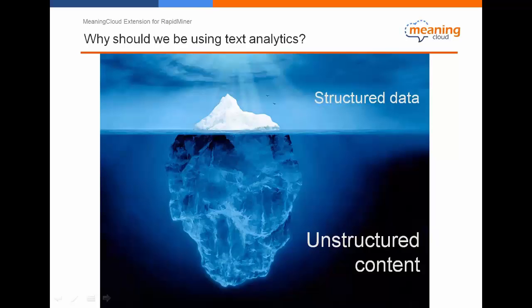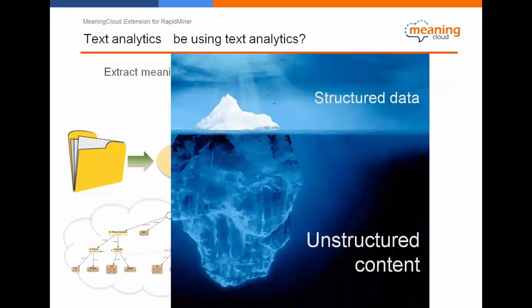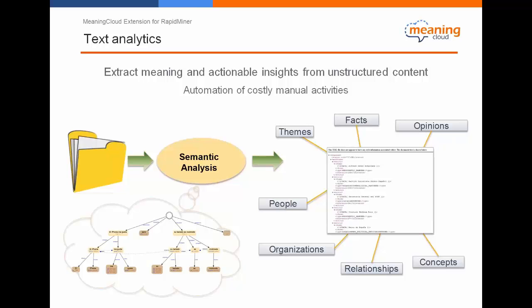Some analysts say that only 20% of useful data is structured, stored in databases, for example, which leaves the remaining 80% of information in unstructured format. And also unstructured is growing more rapidly, meaning it's more important each day. The problem with unstructured content is that it's not easily processed by automatic means. Computers have a certain degree of difficulty in understanding unstructured content, text in particular. And so this is where text analytics comes in.